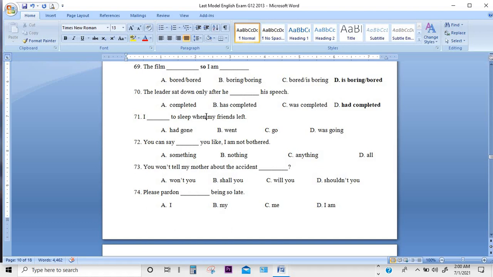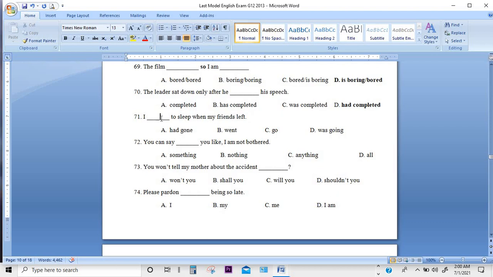When means after so the speaker must have left before after his friends or her friend left የሱ ወይም የሷ ጓደኛ ከሄዱ በኋላ ነው ማለት ነው የተኛው ወይም የተኛቸው ስለዚህ እዚህ ጋር ያለው ቀዳሚ አክሽን መሆን አለበት okay 71 ላይ